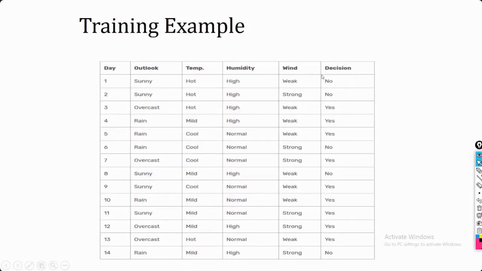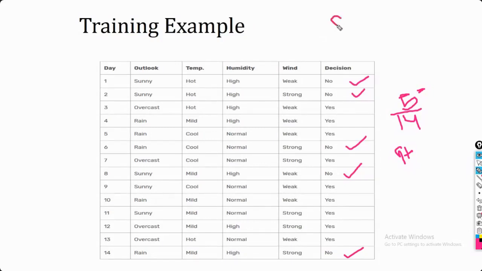If we count, in total we have 14 instances. Out of these 14, first we will count how many no and how many yes there are. No is 1, 2, 3, 4 and 5. So 5 are no. Okay, so this is your negative, just minus to denote the negative or no class. If 5 are negative, that means 9 are going to be positive. Based upon these two things, I am going to calculate my entropy.